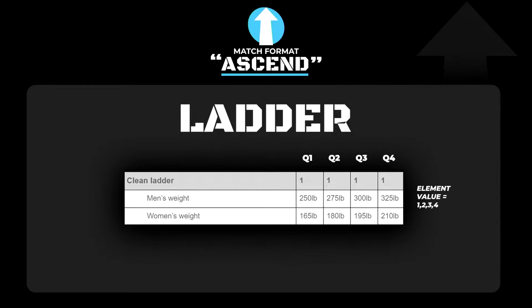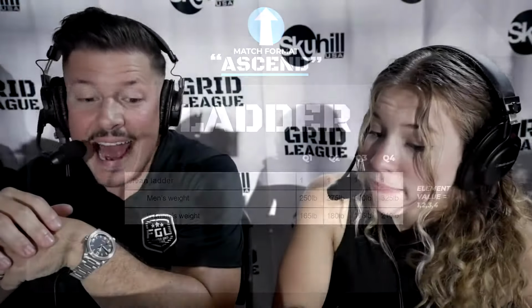So it looks like in quadrant 1, we have 250 for the men and 165 for the women. That will be 1 point. Men, 275, women 180 in the second quadrant. That will be worth 2 points. 300 for the men on quadrant 3 and 195 for the women. That would be worth 3 points, and 325 for the men. It's at the heaviest, and 210 for the women, and those will be worth 4 points. So a 325-pound clean for the men, 210 for the ladies, and I think we're going to see a few